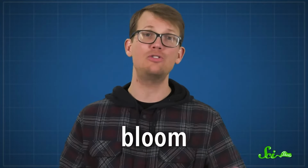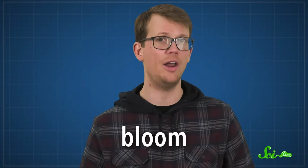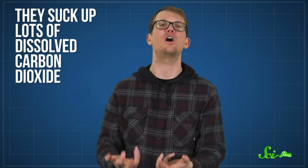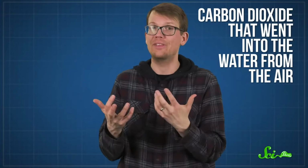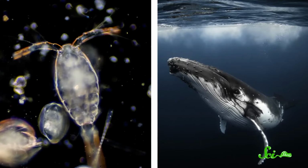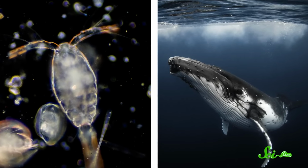These blooms do a bunch of photosynthesizing, so they build tons of sugar out of carbon dioxide and water. That means they suck up lots of dissolved carbon dioxide that went into the water from the air. These blooms end up feeding all sorts of ocean creatures, from microscopic animals to filter-feeding whales. Eventually, though, all that yummy iron gets used up, and any phytoplankton that aren't eaten